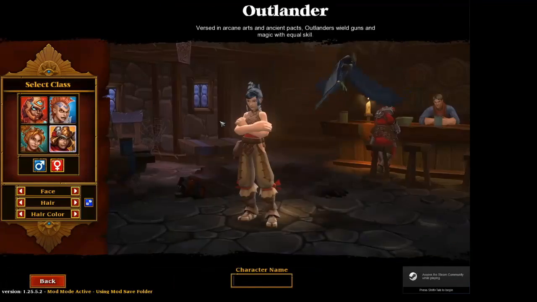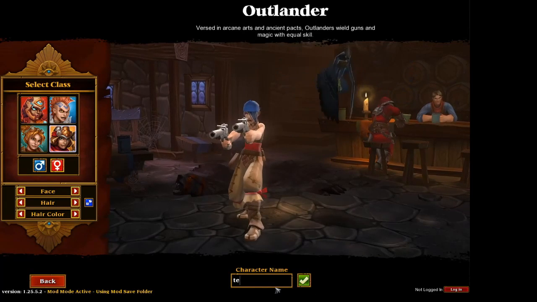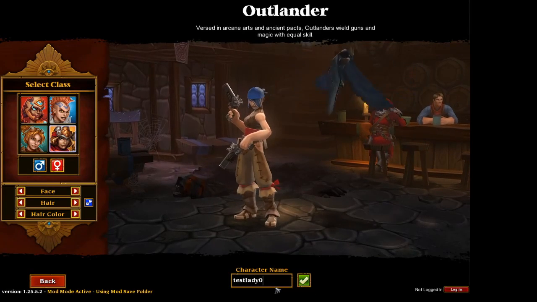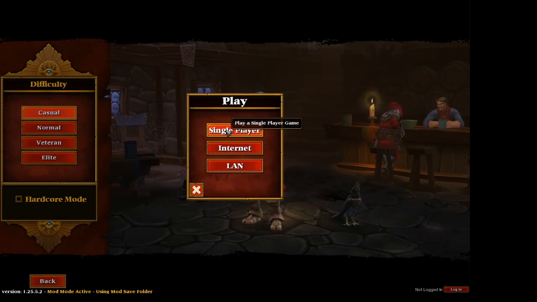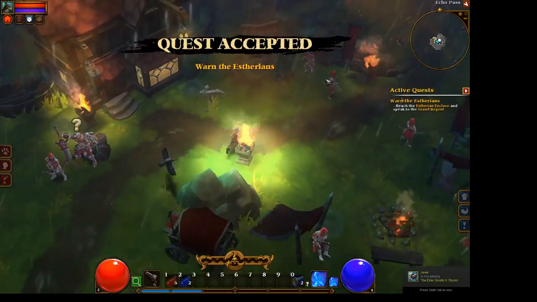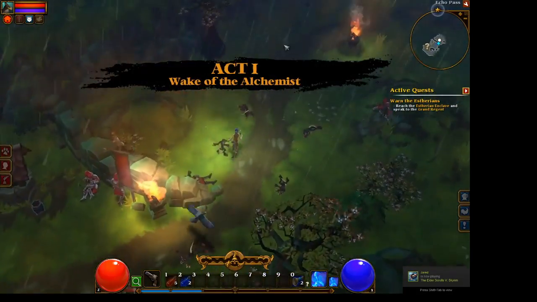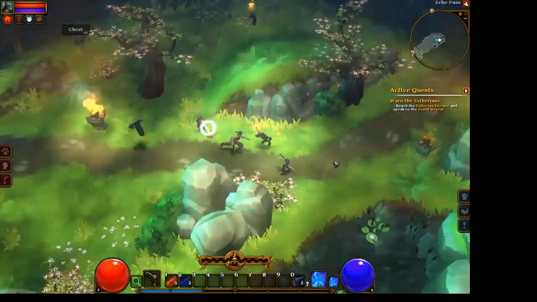Yeah, so you just want to select whatever you named your mod while you were building it. I think it just defaults to the folder name that you gave it when you first created the mod. Alright, so we'll just create a new guy and run through. Test lady, I think I already have a test lady. It doesn't really matter for this casual run, but if you're balancing your mod in some way, then you want it to